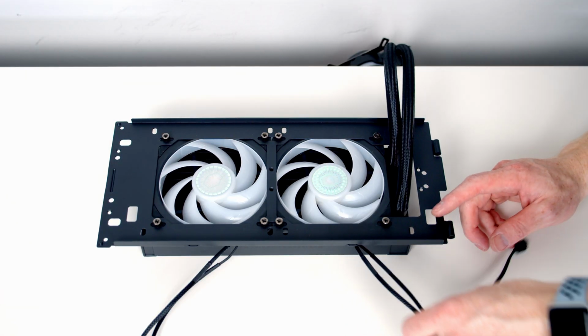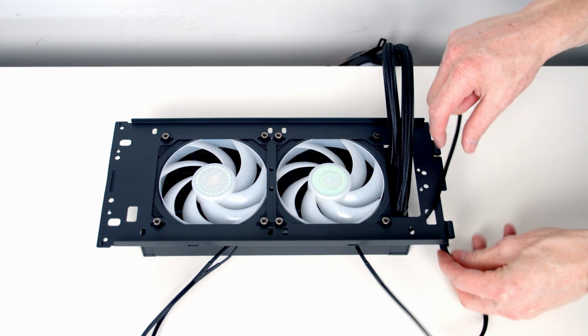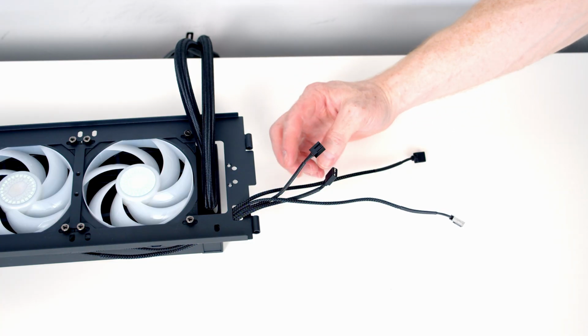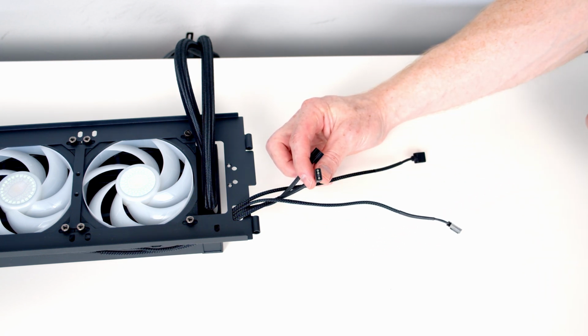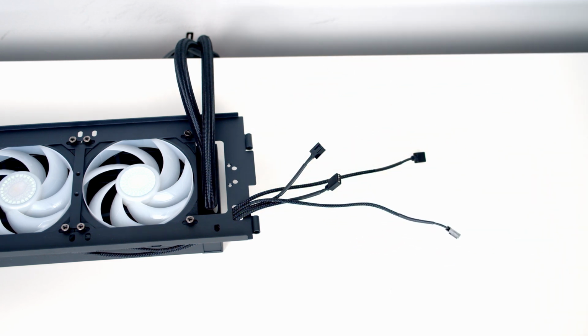Next, I'm going to bring all the cables coming from our fans and pass them up through this cutout here. Okay, so coming from each of our fans, we've got 2 wires. We've got a 4-pin PWM fan connector, and we've also got a 3-pin 5-volt ARGB connector. We'll start off with the PWM connectors, and what we're going to do is plug them into